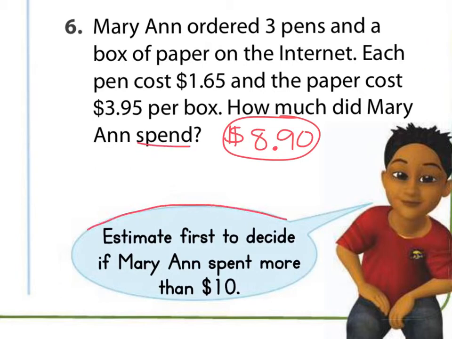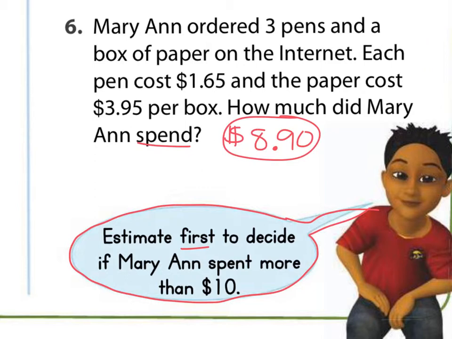But did you notice this question down here about estimating first to decide if Mary Ann spent more than $10? So if she was going to purchase these items and she knew she only had $10, really easy way that you could estimate that in your head